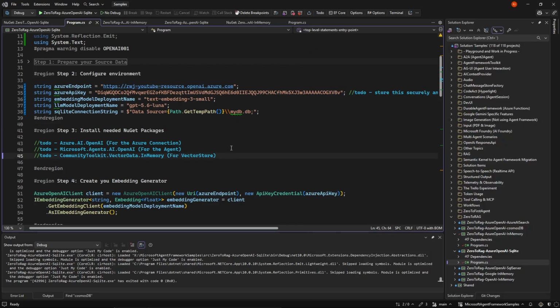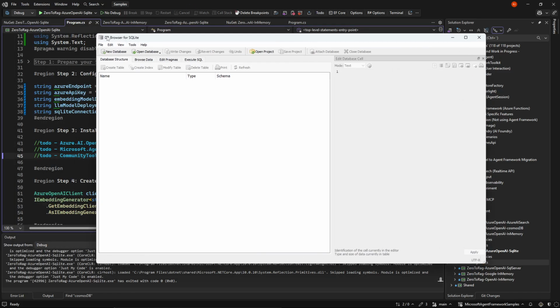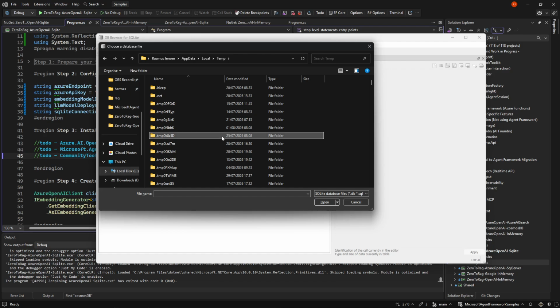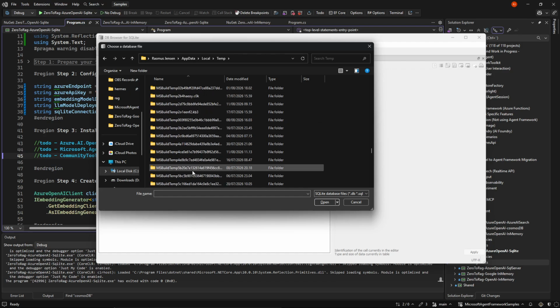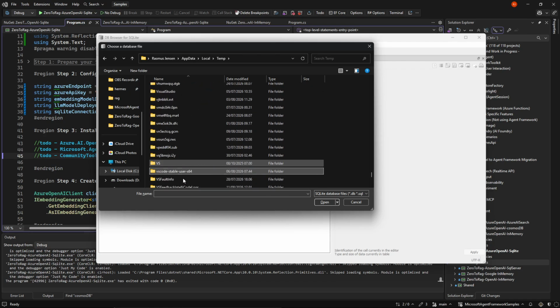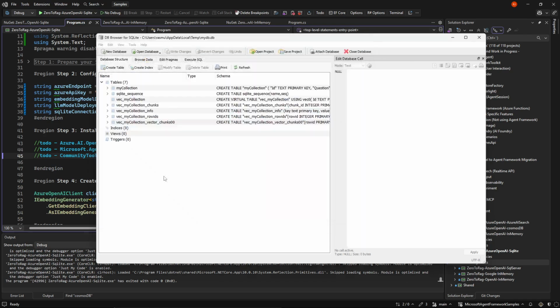If we look into the SQLite, I have a small thing called SQLite Browser here. And we can go to our temp folder and find it. It's down here. MyDB here.